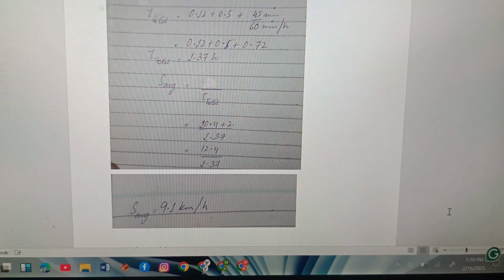They told us the walk back from the gasoline station to the truck was 45 minutes, so we will convert that 45 minutes into hours. So 45 by 60 we get 0.72 hour. We add up these times, and the total time we get is equal to